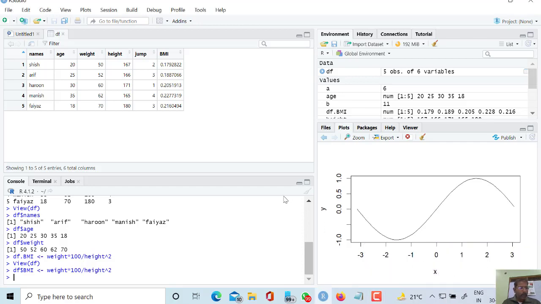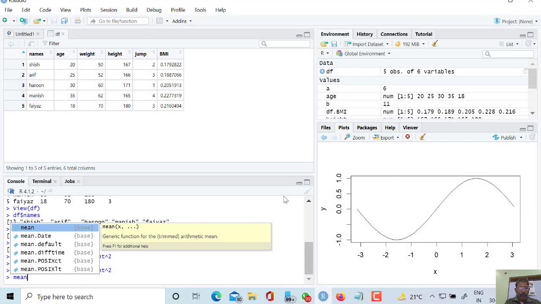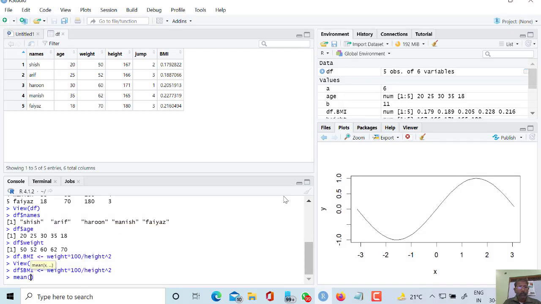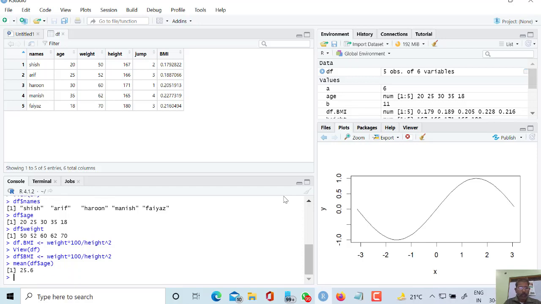Similarly, other factors can also be calculated, like mean, median, mode. Suppose I want to calculate the mean of all the age in the data frame. So 25.6 is the mean age.